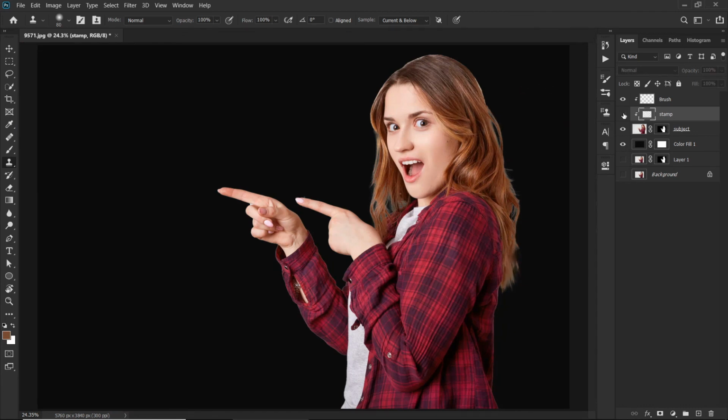See, here is the before and here is the after. See, all our fringes are now gone from this area, and we need to fix it from this area, this area, this area, and this area also, and similarly on the left and right side also. So let me just quickly fix it and come back to you later, and after that I will show you how to blur these edges.